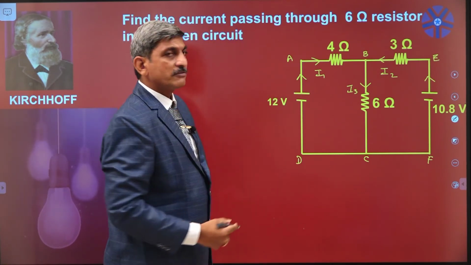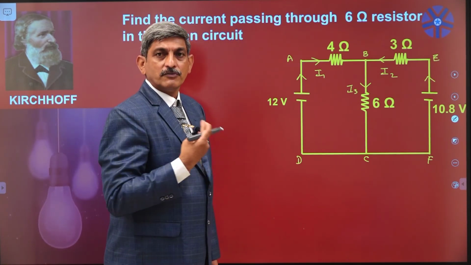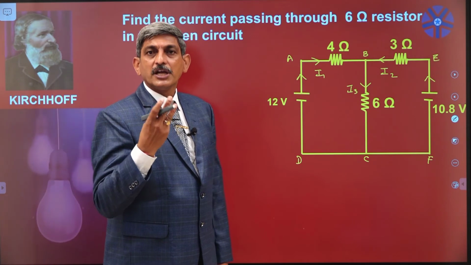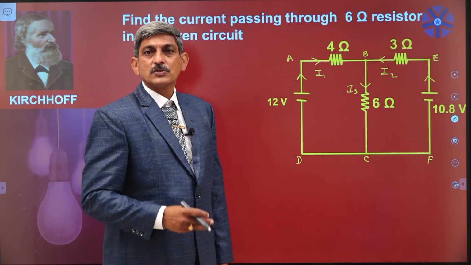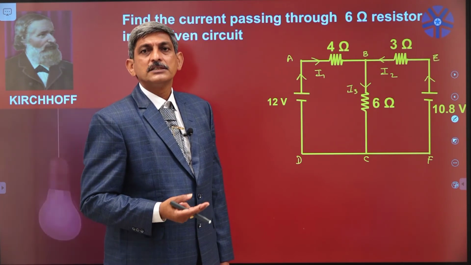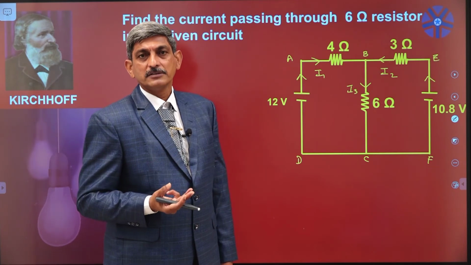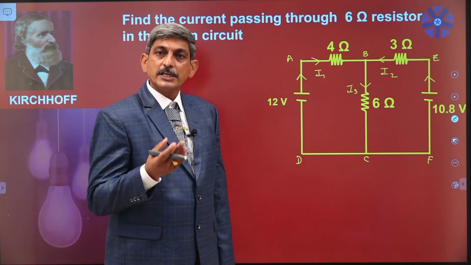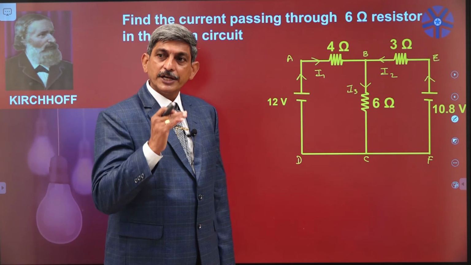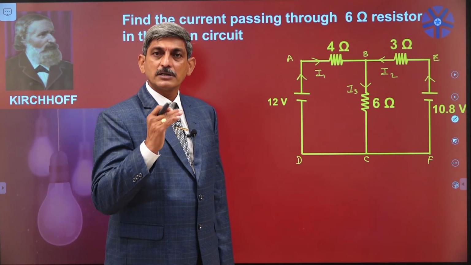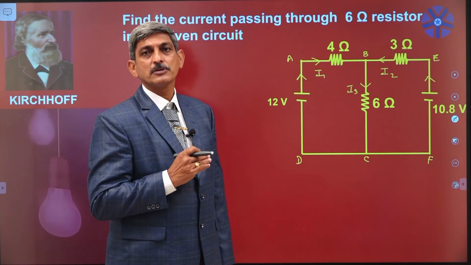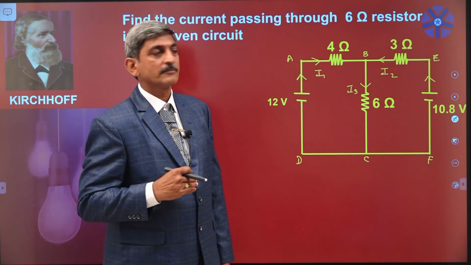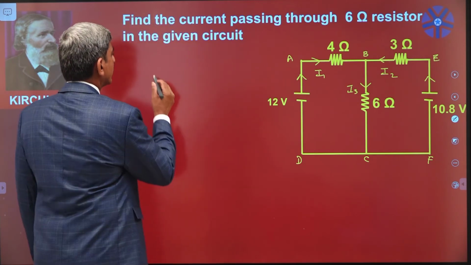Now when you see the network, we feel that there are 3 unknown currents. So to solve the 3 unknown currents, 3 equations are required. But by using Kirchhoff's current law, we can reduce the number of currents to the minimum possible to solve the network. For that purpose, let us apply